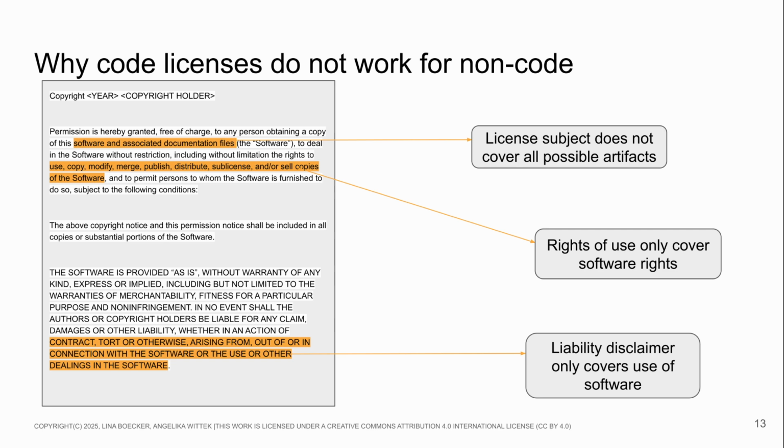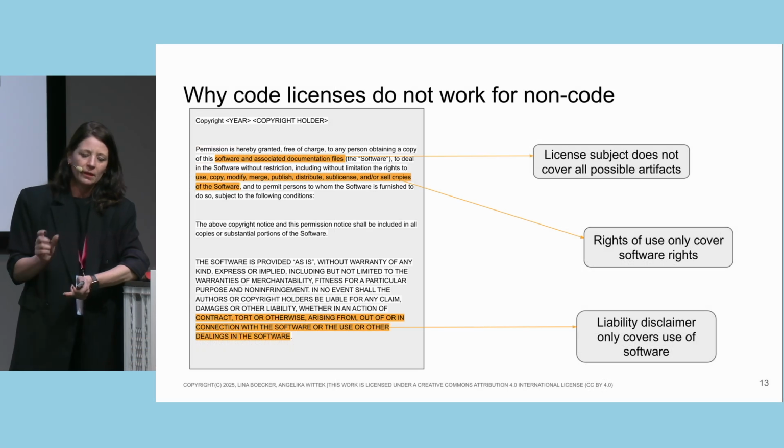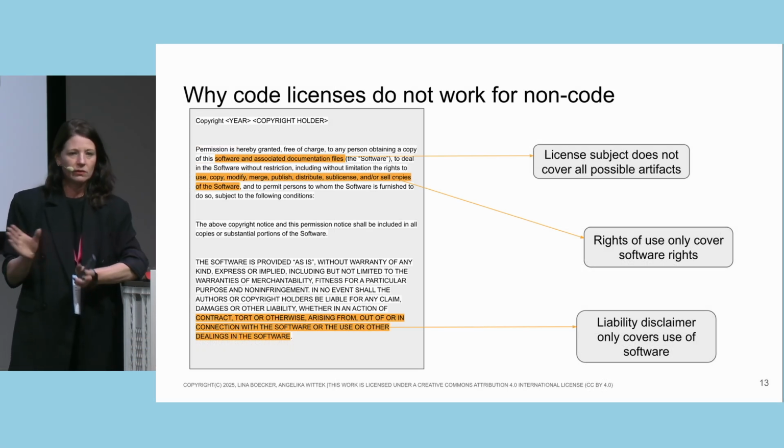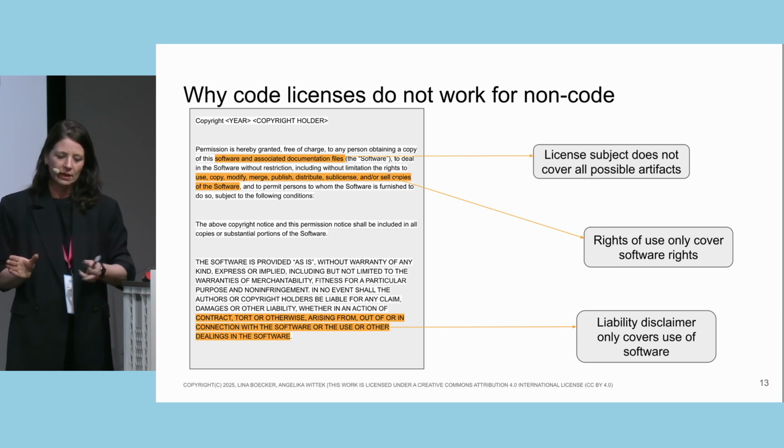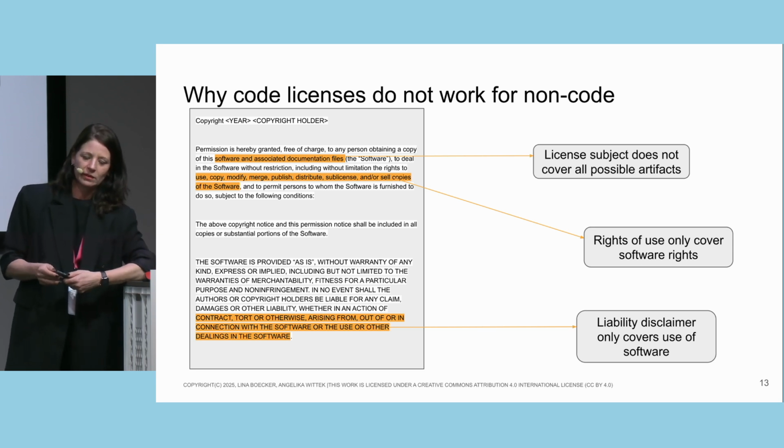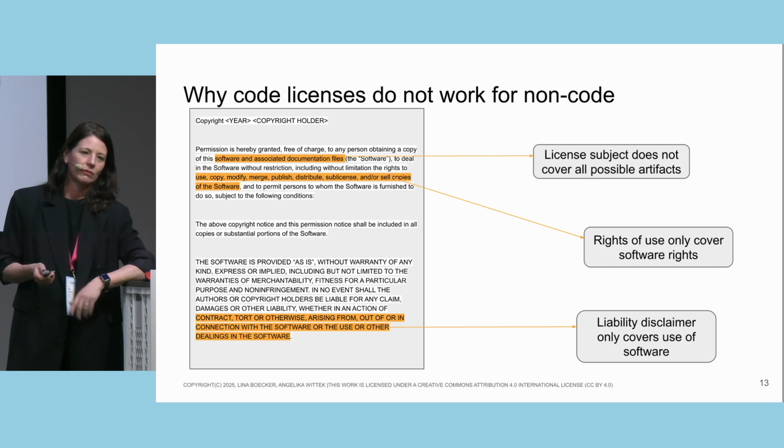It only says software and documentation, which means the code documentation. The rights of use mentioned in the license are the software rights of use. There's different rights of use, different wording in the German Copyright Act for software and other kinds of works. And most important, the warranty disclaimer only covers software by wording. So that puts everyone who wants money from you in a good position to say, yeah, only excluded liability for software, but not for all the rest. So that's not very recommendable.